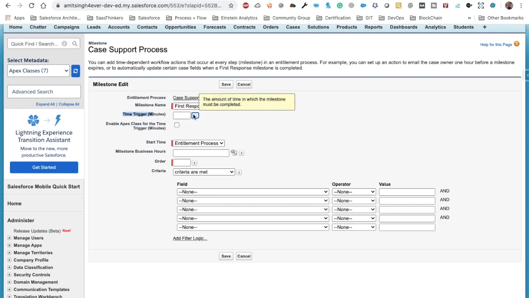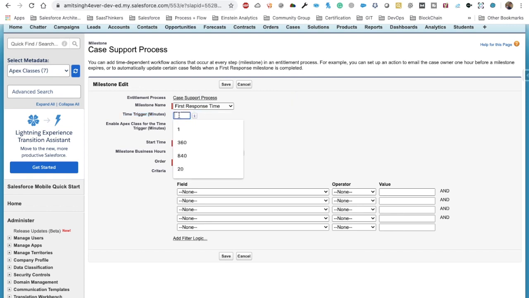There is an option for the amount of time in which the milestone must be completed. I'm going to give 5 minutes just for testing purposes. What I want is, whenever the case priority is high, this response should be sent to the customer within 5 minutes.